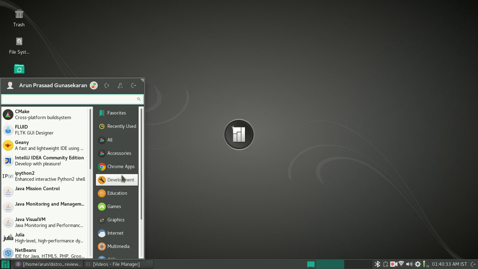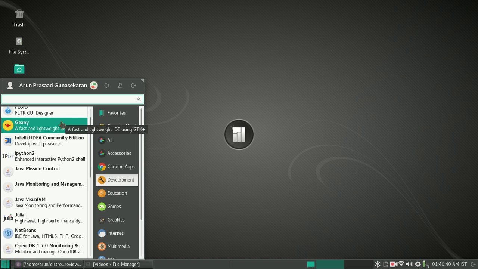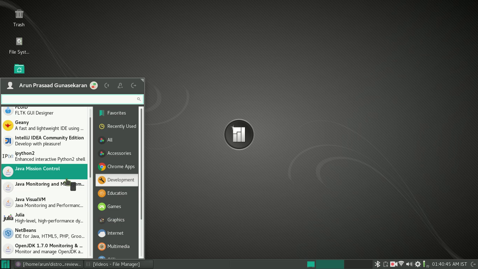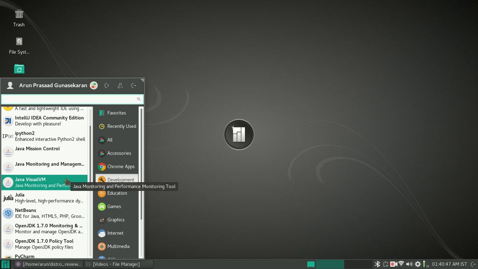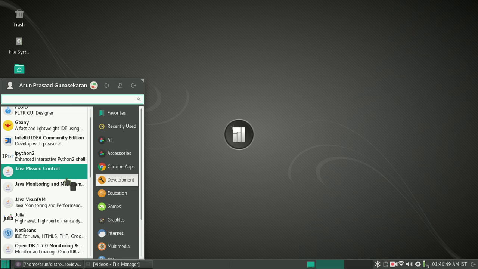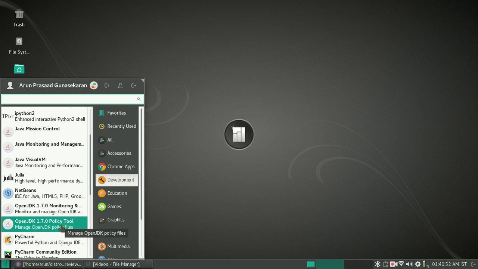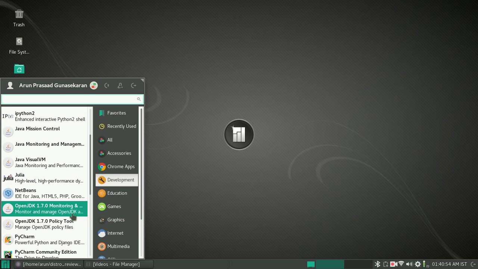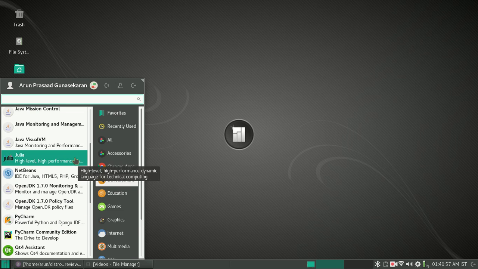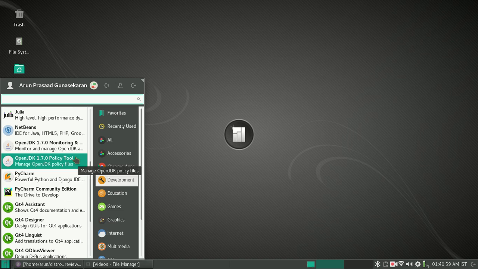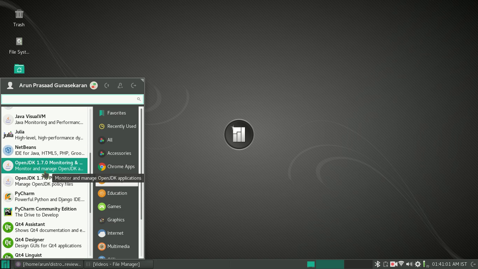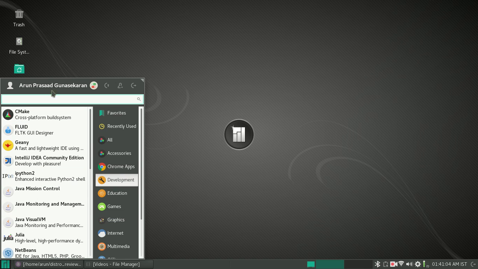For development, I think you get CMake by default, and it comes with Java, OpenJDK version 8, but you also have access to install OpenJDK version 7. Ignore the other ones; these are software I've installed for myself, so they don't ship with this. Another option you have is this program, About Me,